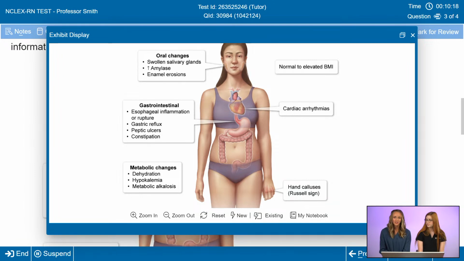And so with the excessive purging behaviors, especially with vomiting, we typically see a lot of physiological manifestations too, such as the hand calluses or the Russell sign that comes from inducing vomiting, cardiac arrhythmias, which we'll talk about in a little bit, oral changes such as problems with dental erosions, and many other things that come along with this. So it's important when caring for these clients that we monitor not only their psychological well-being, but their physiological self as well.